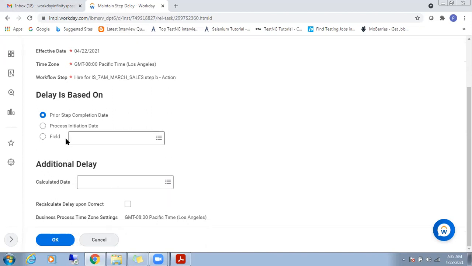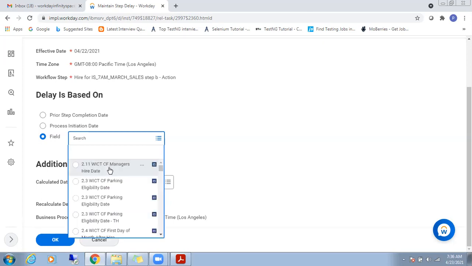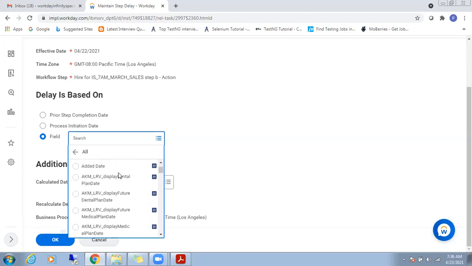Okay, now on a particular field we will see. I think it's slow today. Okay, so I think these are some steps.